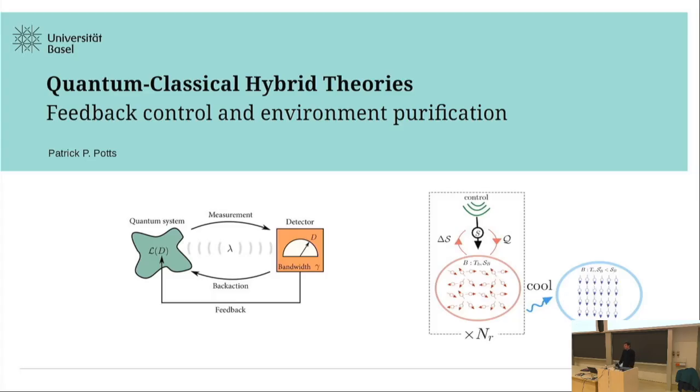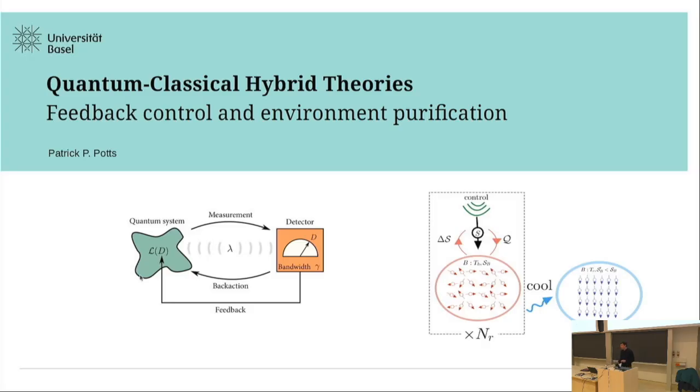And so today I will talk about quantum classical hybrid theories, which are theories that involve both classical and quantum degrees of freedom. And I will talk about two examples in particular. One is feedback control, where the classical degree of freedom is the outcome of a measurement that is then being fed back to a quantum system such that we have a dynamical interplay between this classical measurement outcome and the